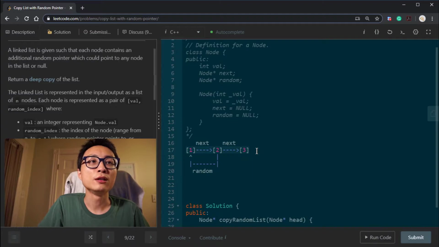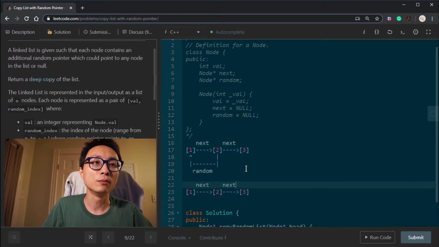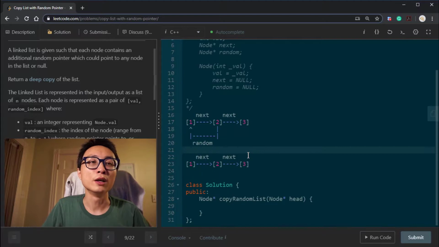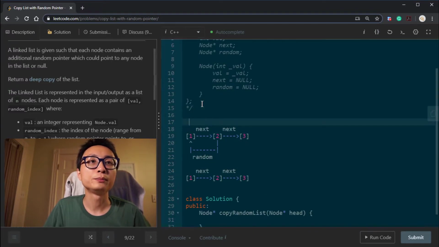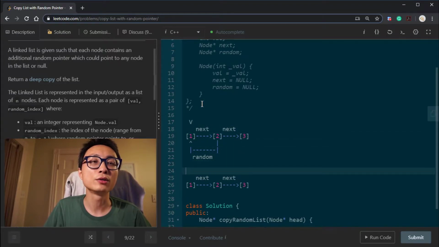Obviously, if we traverse through this linked list using only the next pointer, we can very easily make a copy of this. Then maybe in the second round, we can try to establish the random pointers. To do that, we can iterate over these 2 linked lists simultaneously at the same speed. So when we look at the first node in the original linked list, we also have another pointer that's pointing to the same corresponding node inside this new linked list.